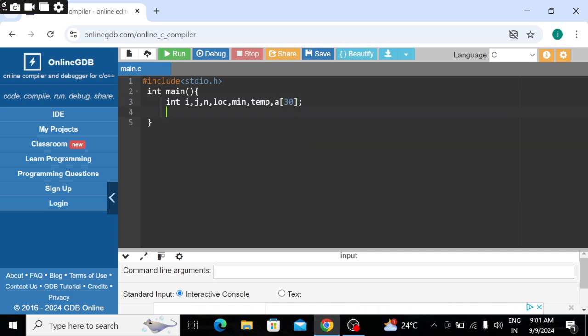Suppose we take a size of 30 for that array.